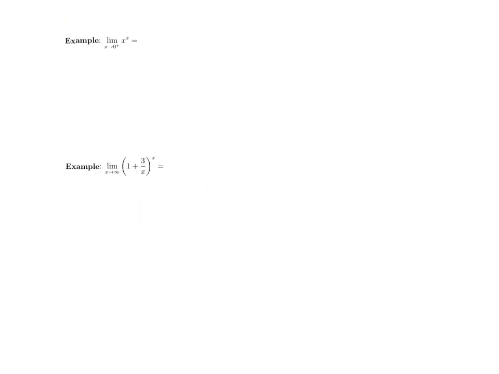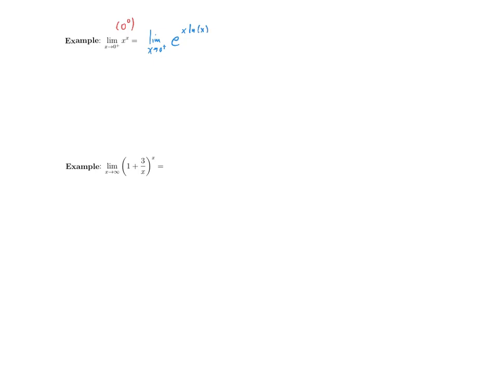So let's go ahead and see if we can apply this algebraic technique we've discussed to evaluate the limit as x approaches 0 from the right of x to the x. The first thing I'm going to note is that as x approaches 0, x and x both approach 0. So this is going to be one of those indeterminate powers of the type 0 to the 0. And because of that, we are going to rewrite this and see if we can follow through on our suggested approach. x to the x can be rewritten using properties of exponentials and natural logs as e to the x